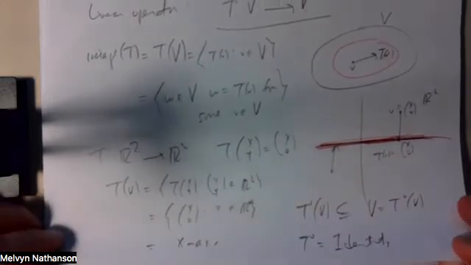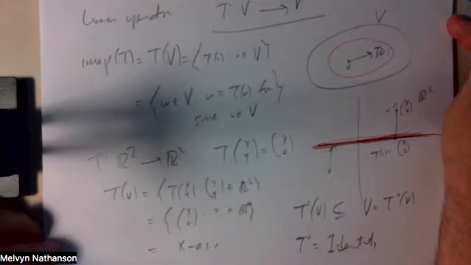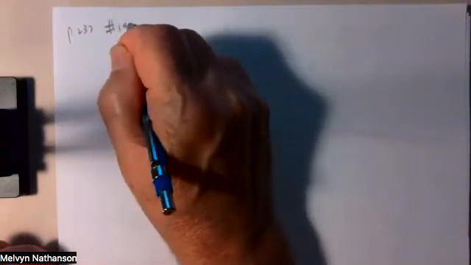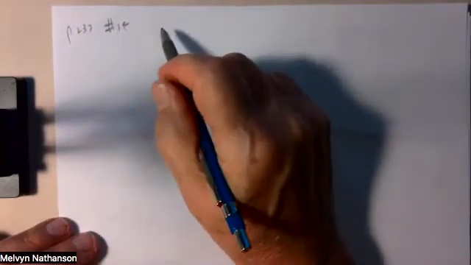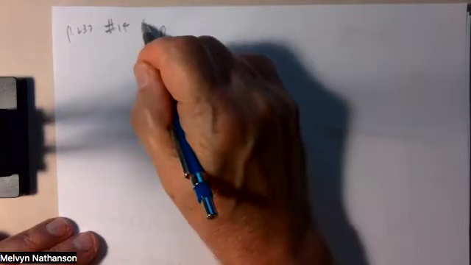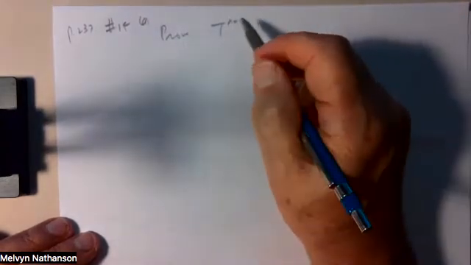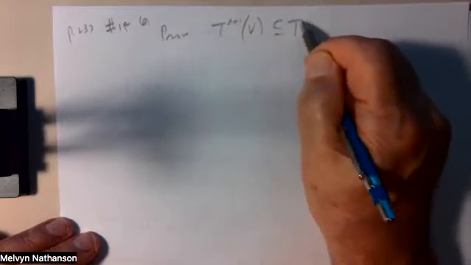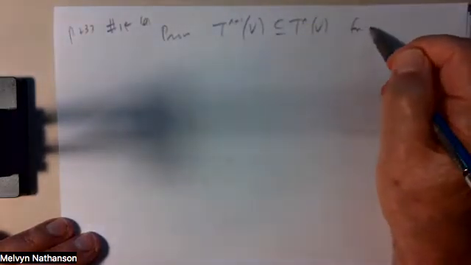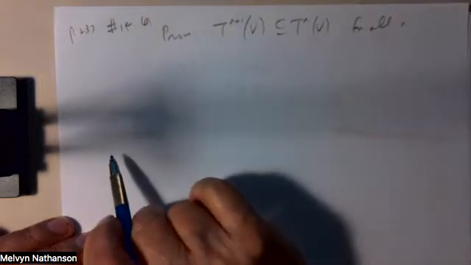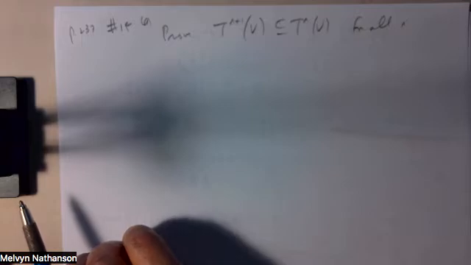And the problem on page 237, number 14, is to prove, this is part A, that if you take the i plus first power of T of V, that's contained in T to the i of V for all i. So how does one prove that? Well,